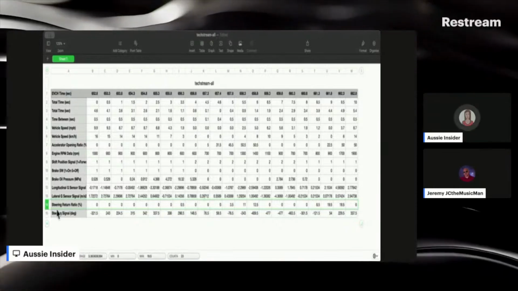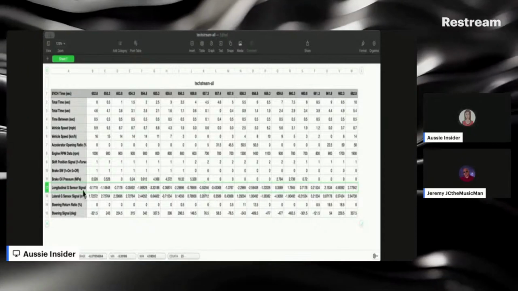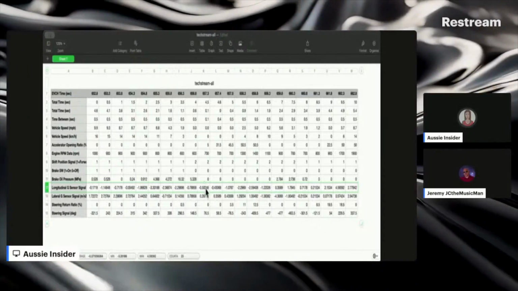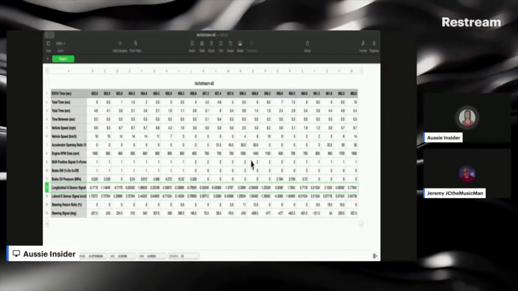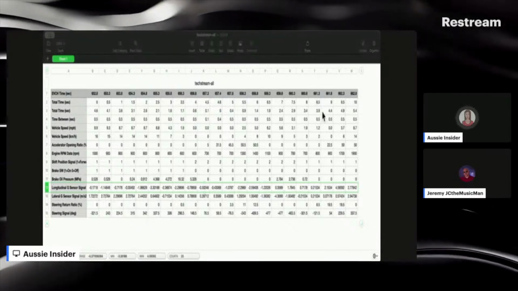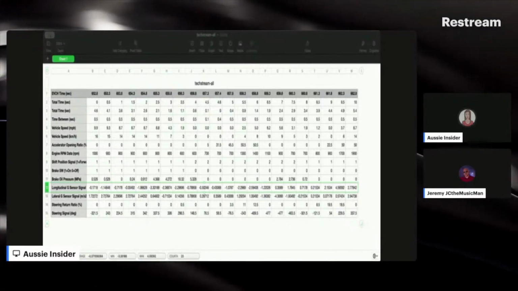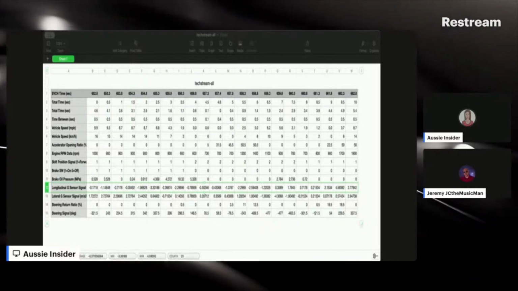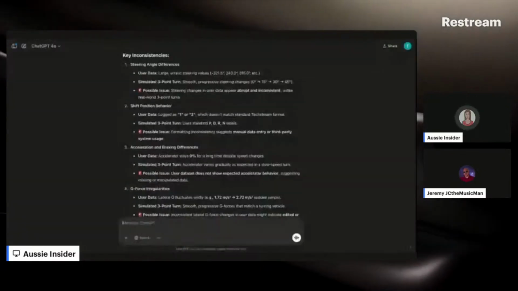I think it's saying both of those are incorrect. And then it talks about the longitudinal G sensors, whether that's matching with RPMs and so on. So if we switch back to the ChatGPT window, let's get that one up again